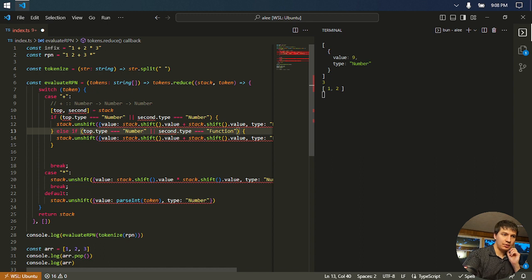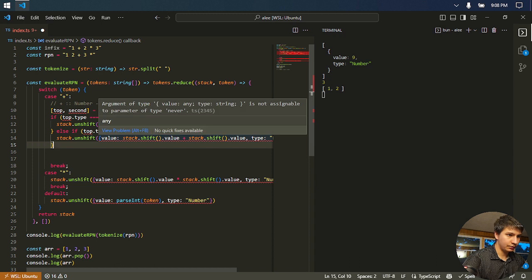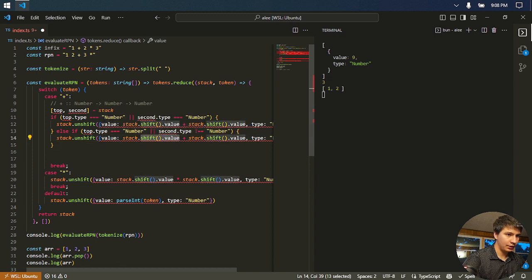Second one is top is number, but the second one is not number. Then we're going to put on the stack a function. Yeah. So the value is going to be a function